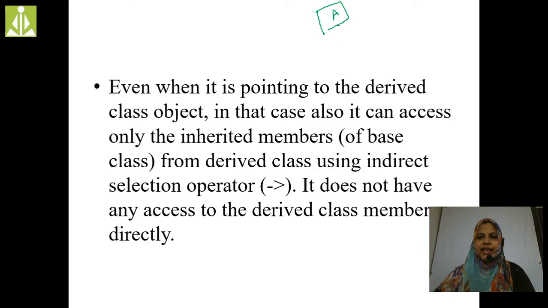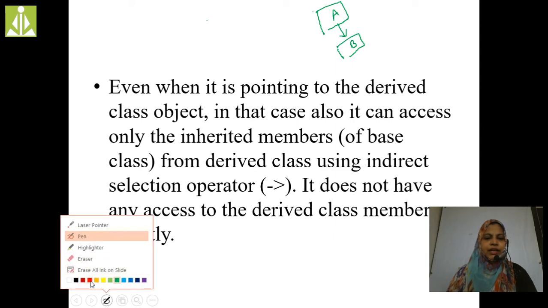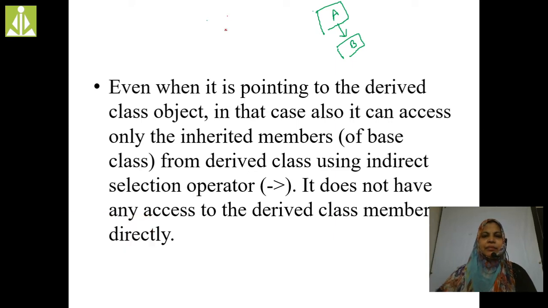This is A, this is B. First I am creating the base class pointer, A star ptrA, and A objA. Here ptrA equals address of objA.